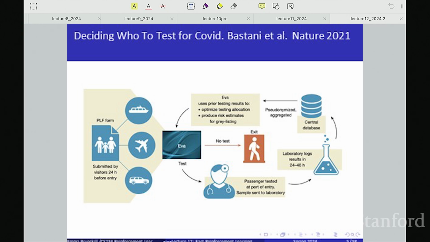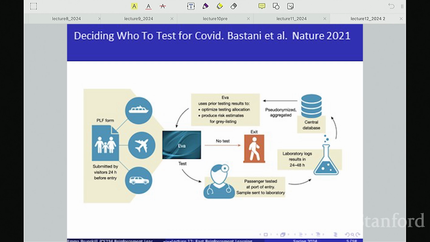Now they couldn't necessarily test everybody because resources are finite. They're also having testing facilities they're using for testing all of their own individuals, and tests are expensive. In addition, when someone is tested, they were going to ask them to quarantine. Depending on where you were in the world, that might actually have been funded by the government. So you have to go to a quarantine hotel, which also costs the government money. So there are a lot of reasons in this case that your resources are limited and you don't necessarily want to test everyone. Also, in general, it may not be necessary to test everybody if you're trying to minimize the probability of letting in people that have COVID in terms of limiting spread. So if there's someone that's from somewhere where there's no COVID, then you don't necessarily need to test them. So this is the setting.